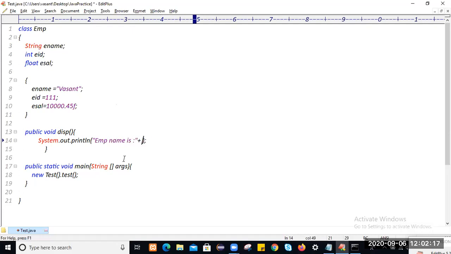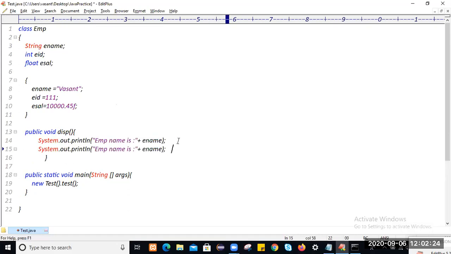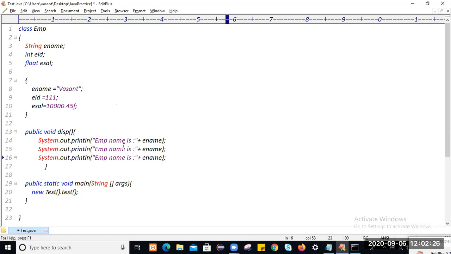Similarly, we can display employee ID and employee salary. Just use the same variable names: employee ID, and for the salary, whatever the salary of the employee is, that will be displayed.